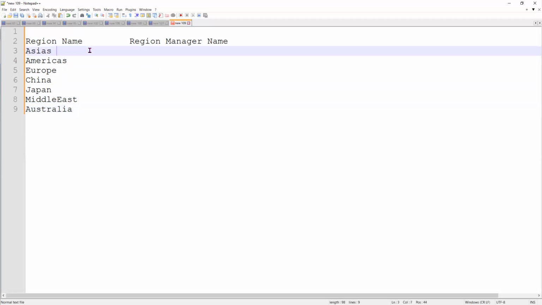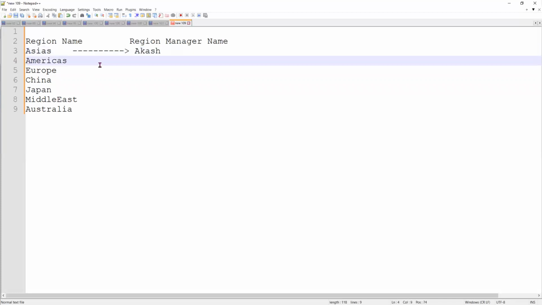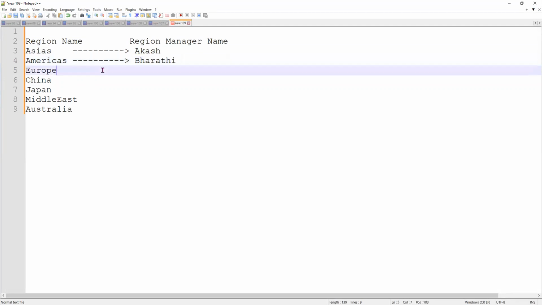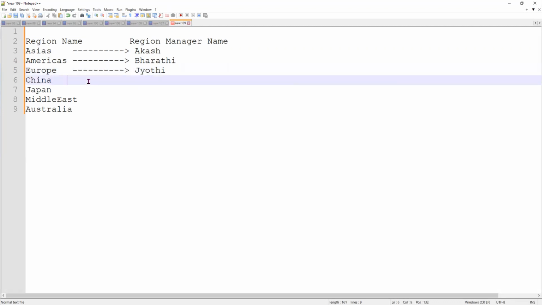Now for each one of them, we have a manager. So for Asia, let's assume Akash, and similarly for Americas, Bharati, and Europe, Jyoti, and China,